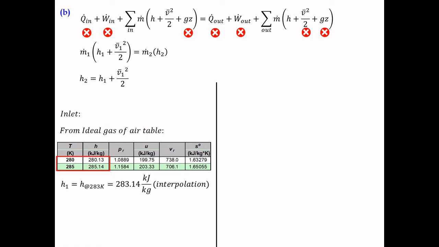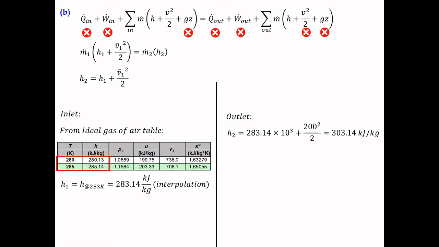So because we know the temperature is 10 degrees Celsius plus 273, we get the temperature of 283 Kelvin. So H1 equals the enthalpy at 283 Kelvin, and the value is 283.14 kilojoule per kg. This is the value we obtain through interpolation. And at the outlet,